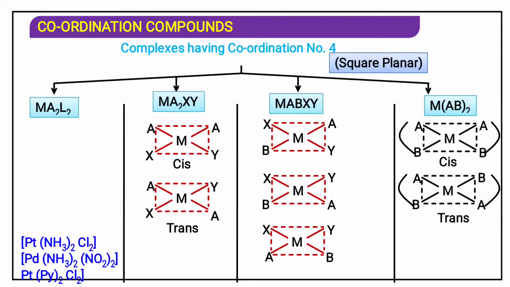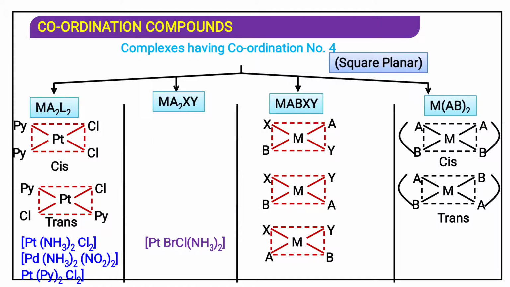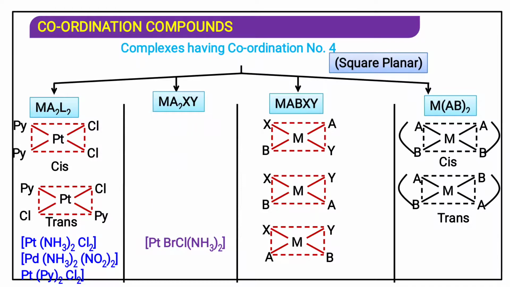Another example you can also see, this PY is a pyridine. Now for this, as you can see, X and Y are different kinds of ligand, and A2 is the same kind of ligand, so it is of two times. We will see with an example how this A and Y are substituted by ammonia and bromine and chlorine. See, this is the same plane, so ammonia is situated over here, cis, and ammonia will be exchanging the place in the trans one.